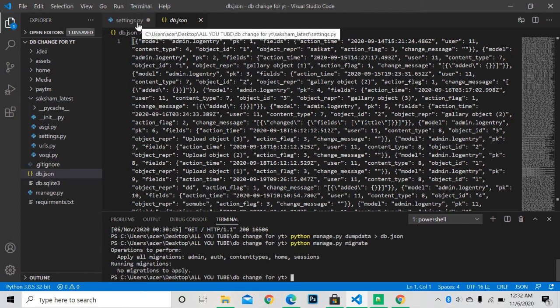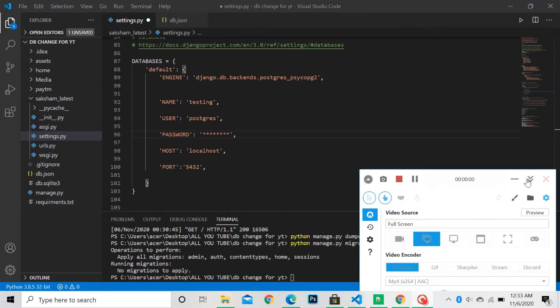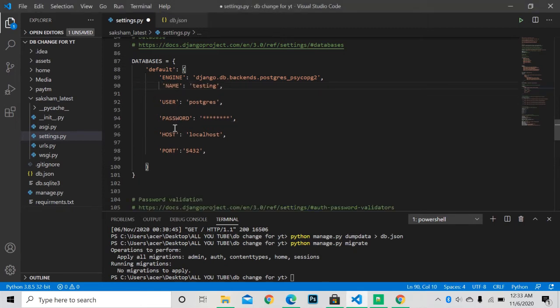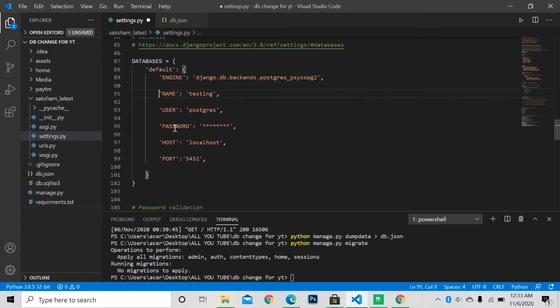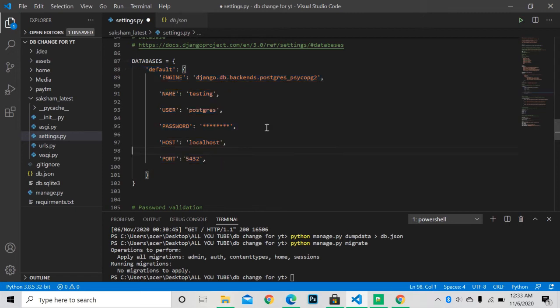I have changed the settings. Wait, let me show you. There is some important information. Now we have changed the default SQLite DB to this Postgres. It's very easy. You can also change it. This is the portion you have to change in the DATABASES section of settings.py.